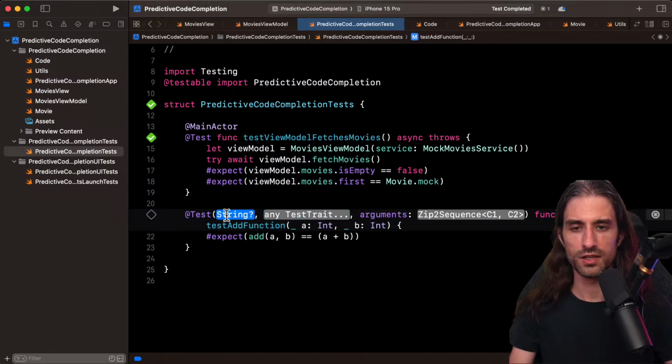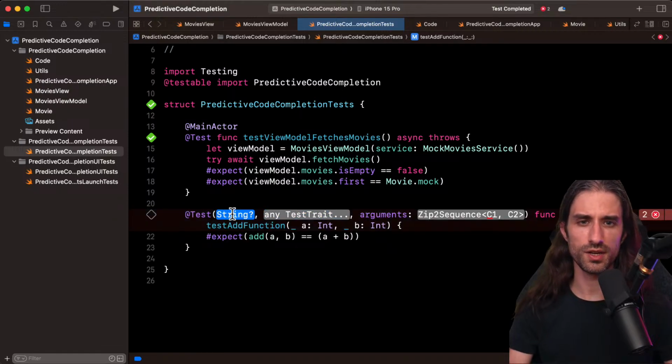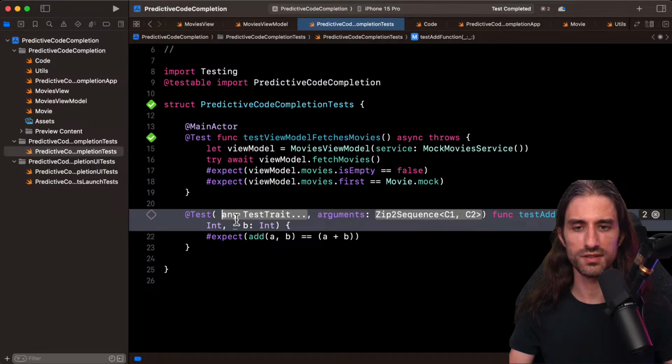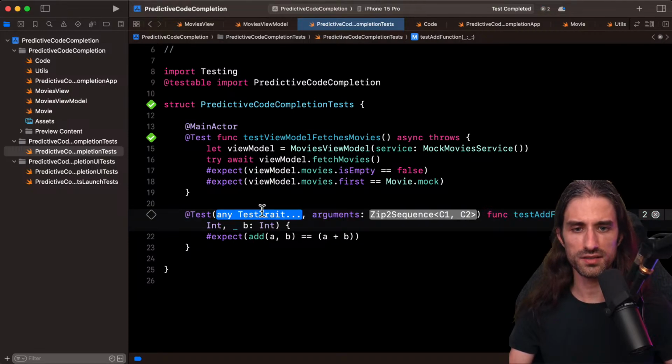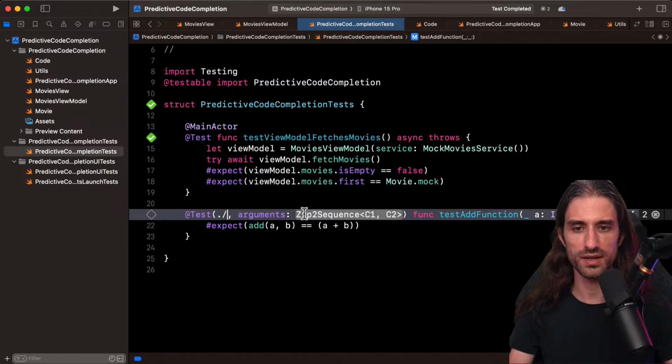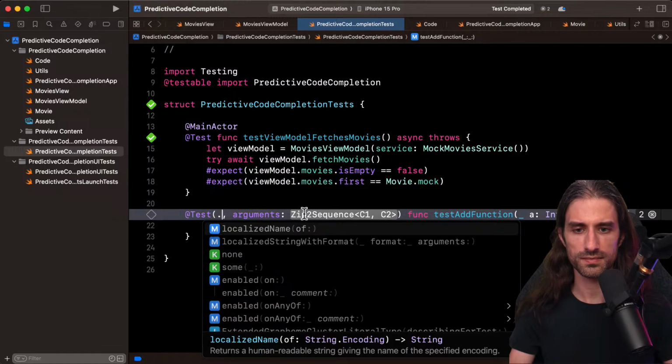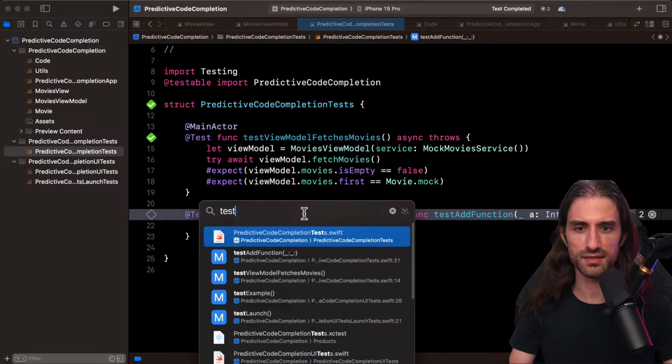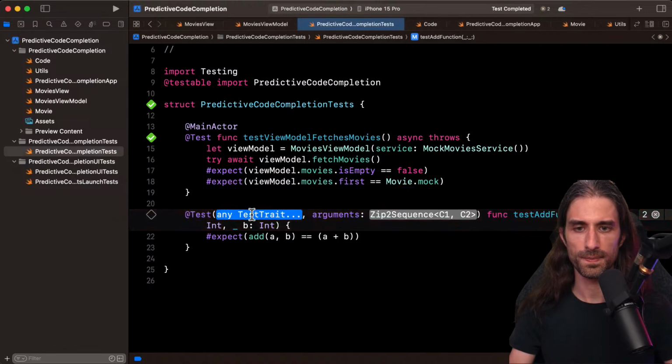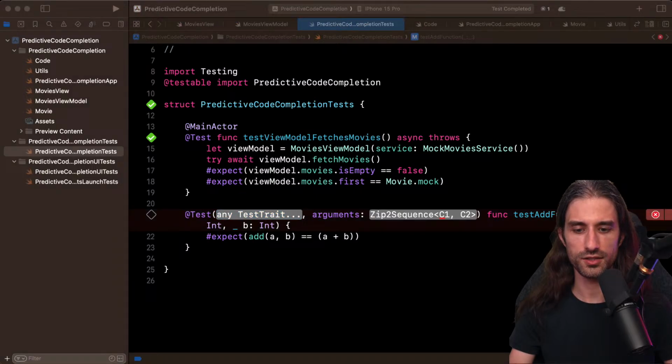So here, the display name. What you can do is pass a string that will be used instead of the name of the function, I guess, but I don't want it, and there is a default value of nil. And here, what's a test trait? Let me see. If I do like test trait, no. Yeah, it was written like that. Actually, I'm going to go back. I'm going to search for test trait in the documentation. Test trait Swift.